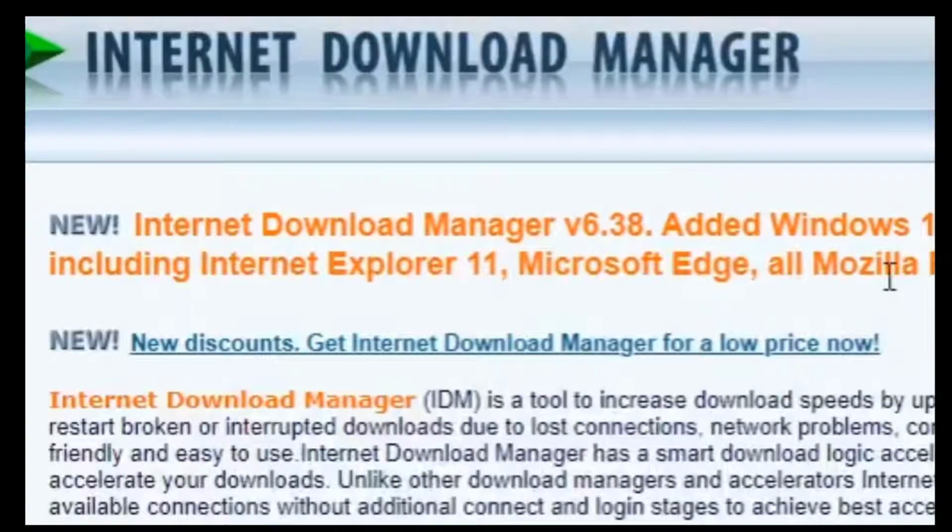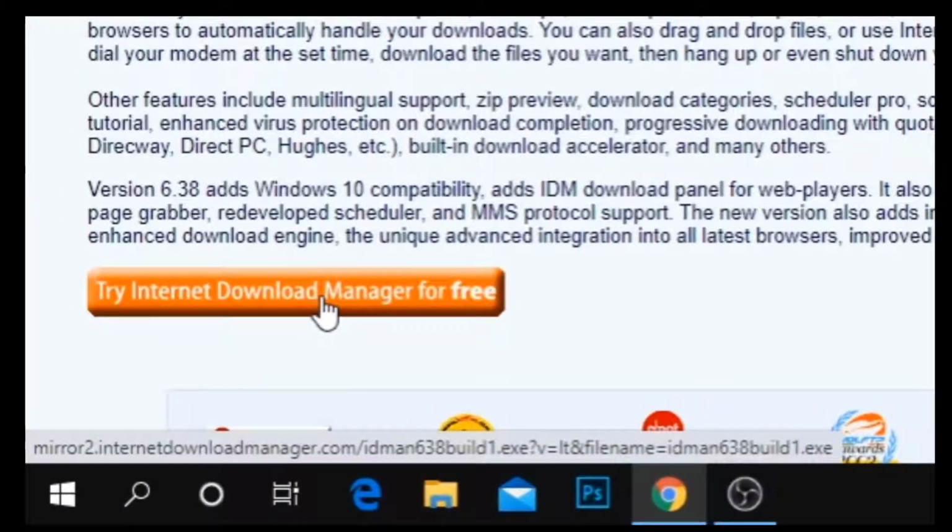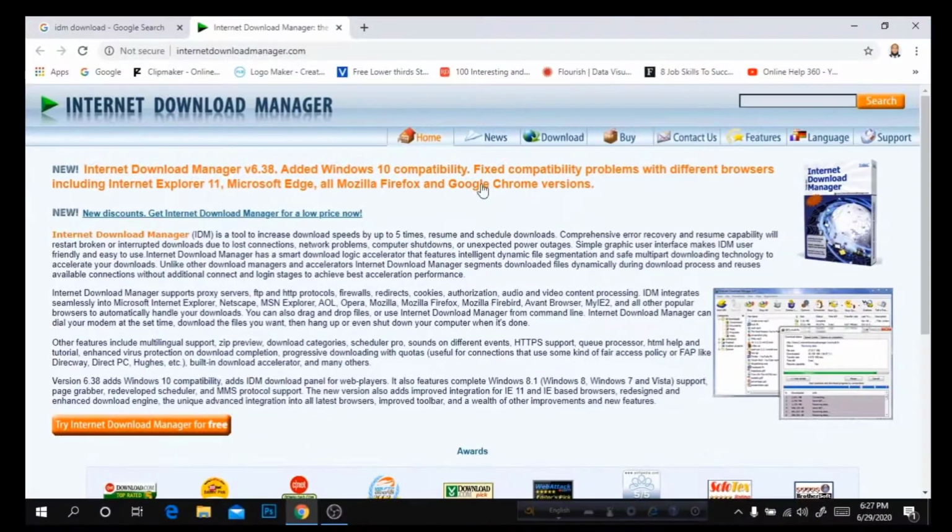Then you will get the link here in the down below. Try Internet Download Manager for free. Yes, this one. If you download from here, then you will get an official 30 days license to use this product for free. After that, they will ask you to do registration, and of course you have to pay $1 for it. So what we're gonna do is, first we are going to download this file,